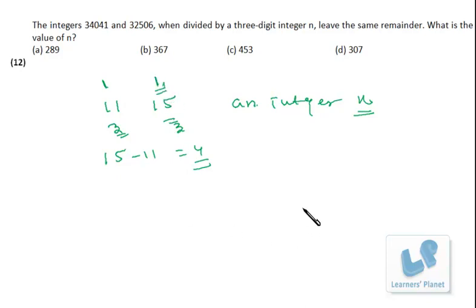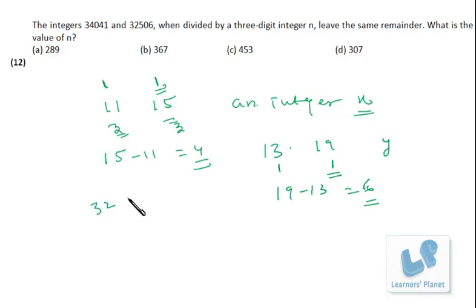Okay, now let's take one more example to elaborate it. Suppose I have 13 and 19. Now 13 and 19, when divided by an integer y, leave the same remainder. Further, if you divide 13 and 19 by that difference, you'll be getting the same remainder. Okay, this is a very simple division concept. No very big algebra I'm using over here. So in this case, 13, if it is divided by 6, the remainder is 1. 19, if it is divided by 6, the remainder is 1. And how did we get 6? It is 13 and 19's difference. The same concept will apply over here.